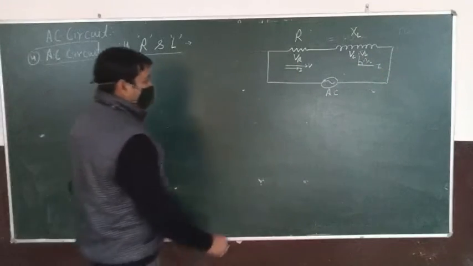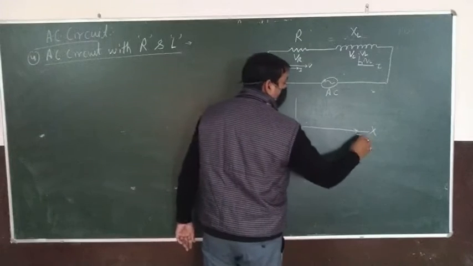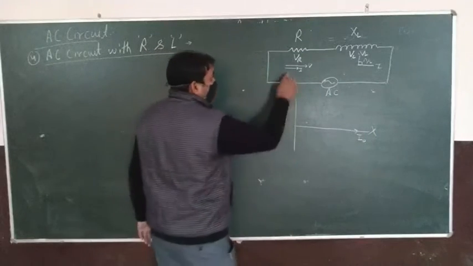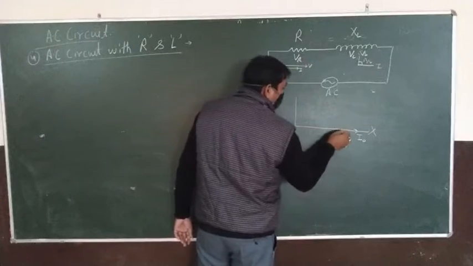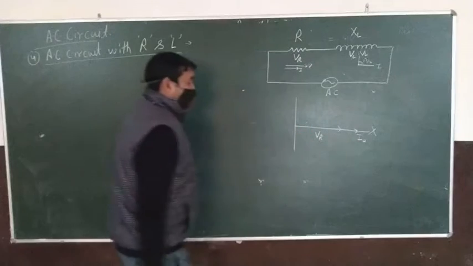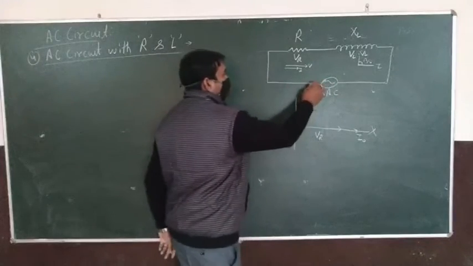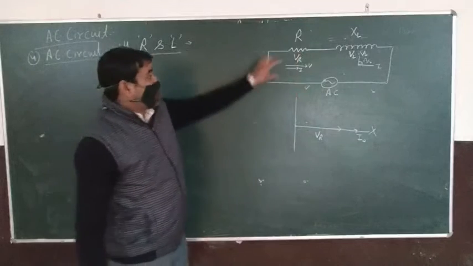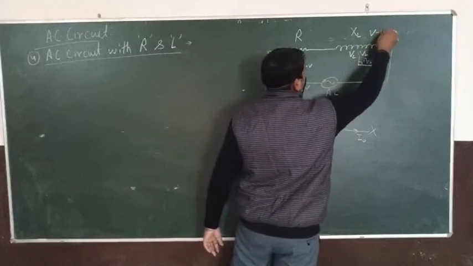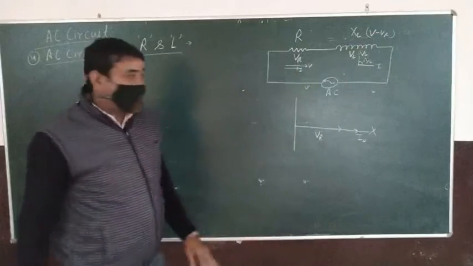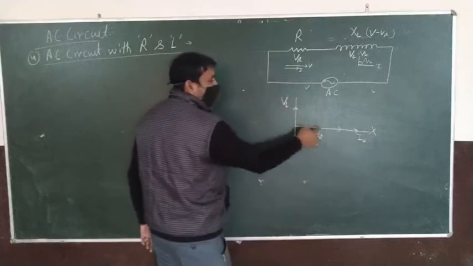By using the phasor diagram for the situation, if current I0 is passing through the circuit, then the voltage across the resistance is given on the current axis, that is VR. Students, when current flows from here, suppose we have V volts, and initially the resistance uses up some of the voltage, so the resistor takes a part of the voltage, and the remaining voltage, V minus VR, is what we get for the inductor. So it is very clear, the voltage across the inductor VL is smaller than VR.